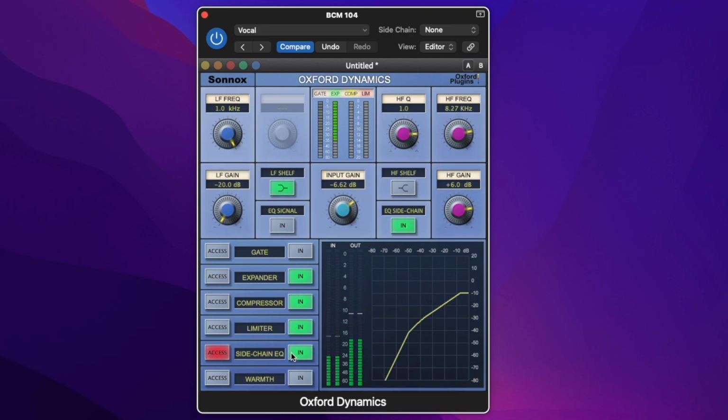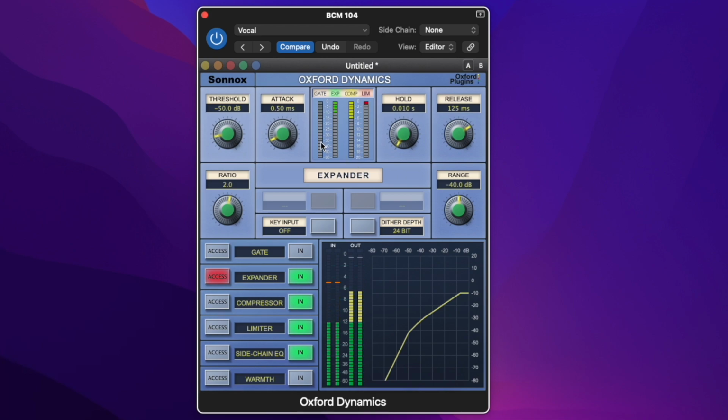Yeah. The sidechain EQ is doing a lot more here than just de-essing, I'm guessing. All right, let's come back to that. So expander, do we have our expander set right? Yeah, it's pretty good. I think we definitely